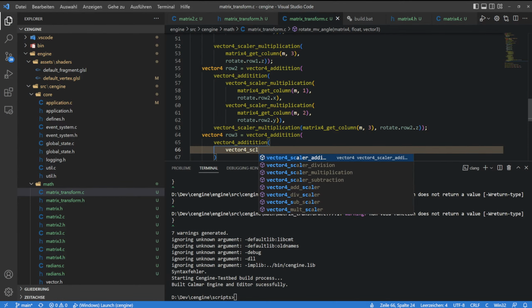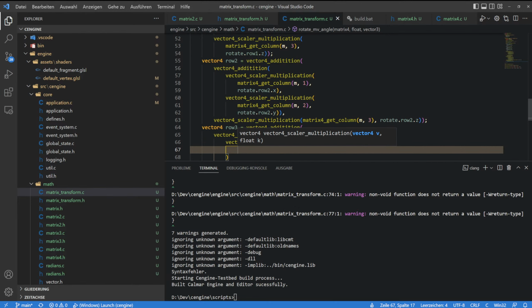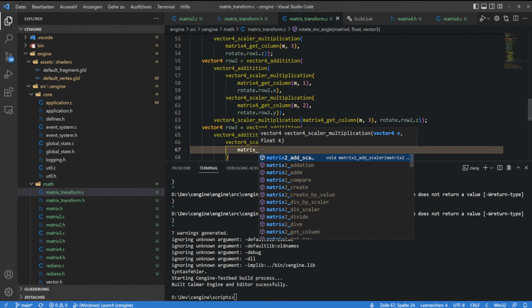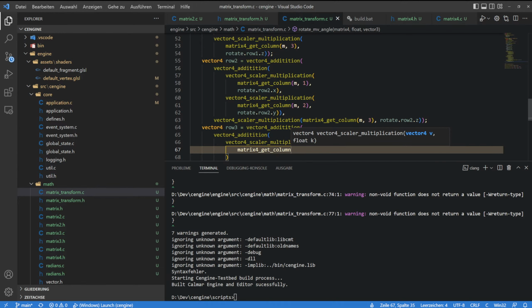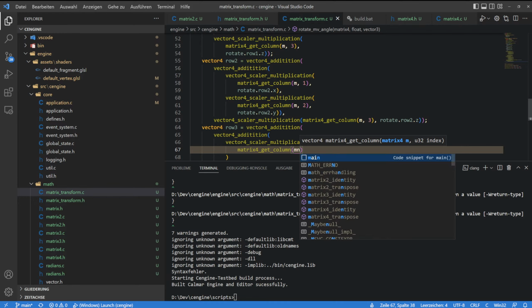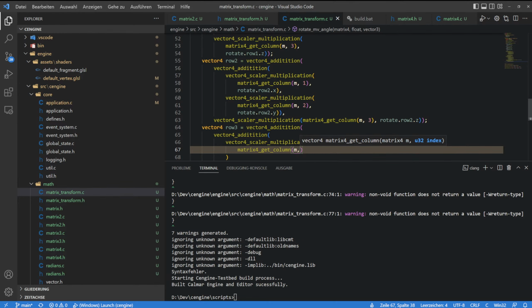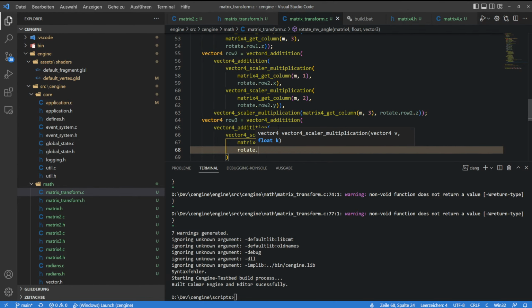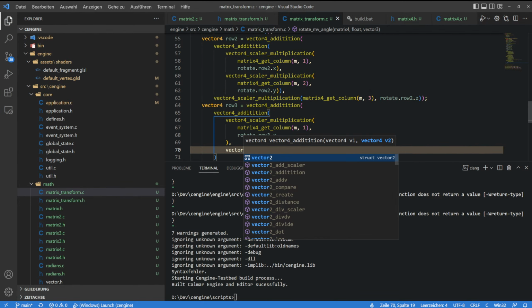Vector for scalar multiplication, matrix for get column, matrix, and we want to get the first column, and we do rotate dot row 3 dot x,